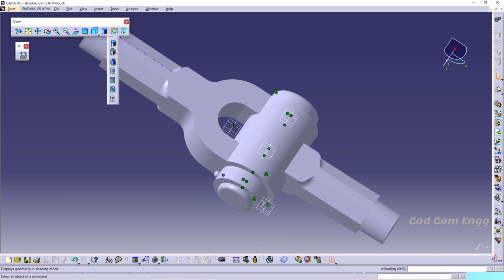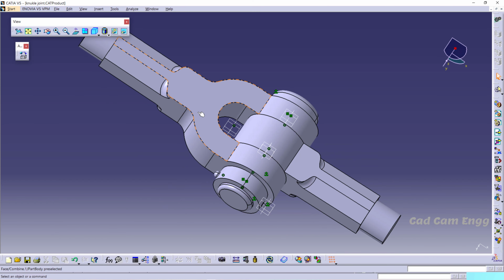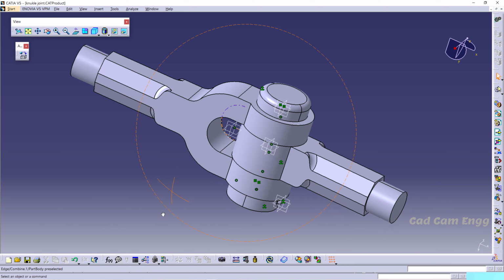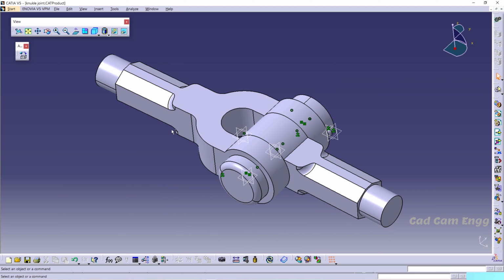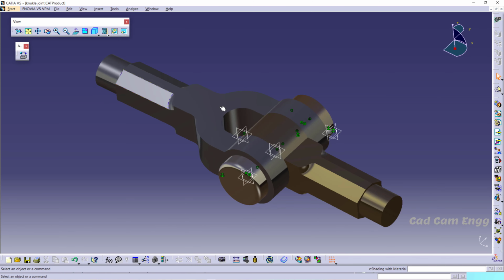And if you are giving shading with edges, you can now see the edges highlighted with a black color line. Okay, if you want to see the material again, you have to give shading with material, then your component will be visible with its material.